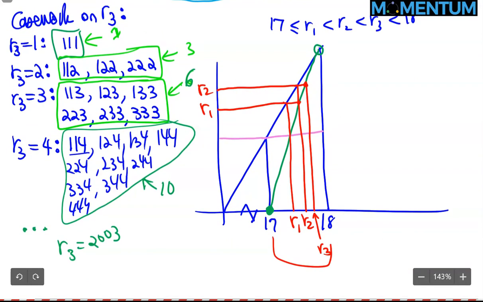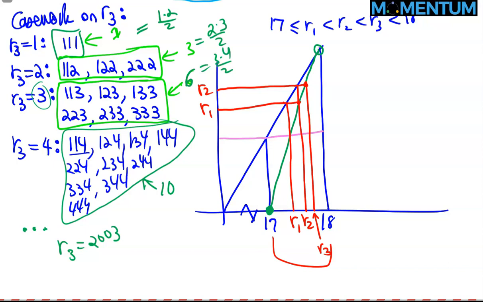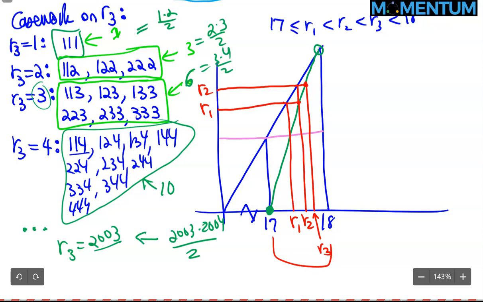Well, obviously, these are the triangular numbers, right? And we know how to count them. This one is 1 times 2 over 2. This one is 2 times 3 over 2. This one is 3 times 4 over 2, and so on. So it is really that number plus 1, you multiply them, divide by 2, right? Because the largest one is 2003, the total number would be 2003 times 2004, all divided by 2. Now the question is asking you to add up all these numbers and